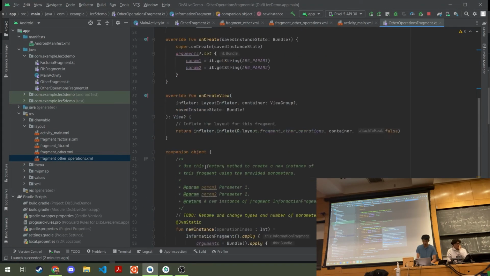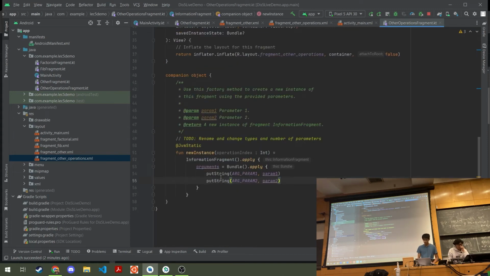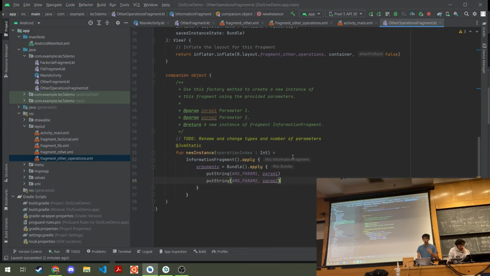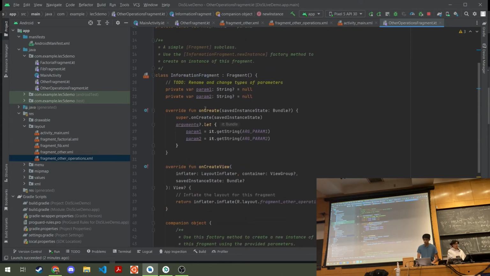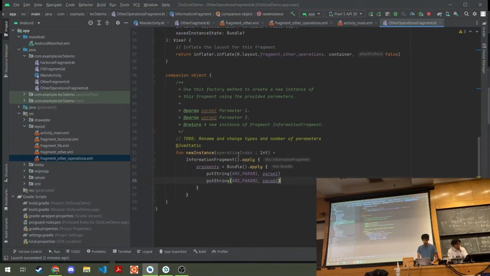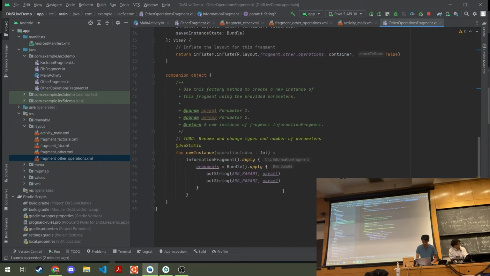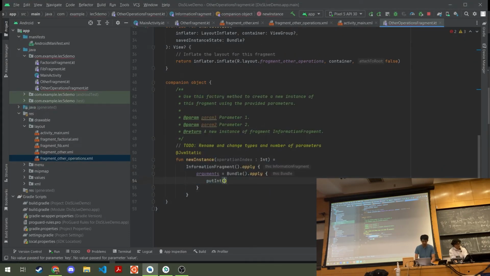So pretty much how the parameters are handled is that there's this arguments field that's accessible anywhere throughout the app that sort of communicates between a new instance and onCreate. And onCreate will take the arguments that are passed in here from new instance as a bundle, kind of like how you bundle things with an intent, and you can pull them out and actually put them inside of your proper fields. So say I wanted to put an index, or an int representing this index, I could say put int with a key. They have some example constants here, you don't have to care about those. I can just say index